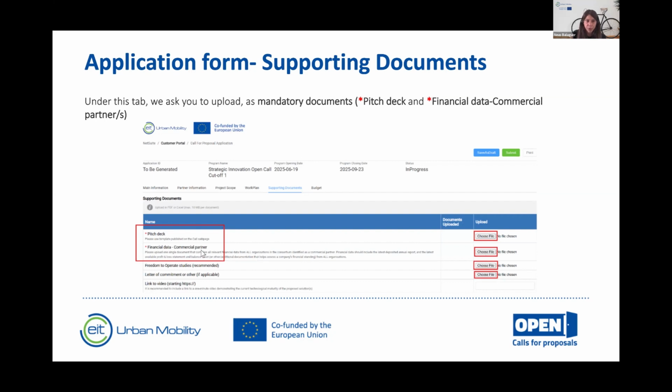These documents are mandatory, and as I mentioned before, please be sure that you are not uploading wrong documents or blank documents. And I have to say that for the moment, when you already upload the documents, they will appear under the column document upload, but you cannot click and see directly